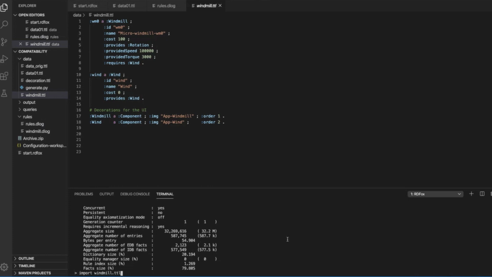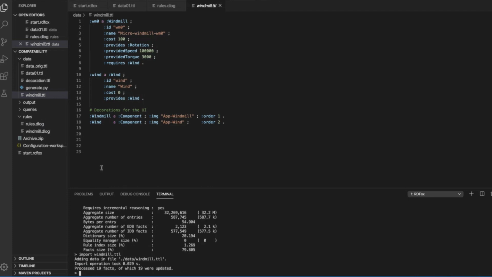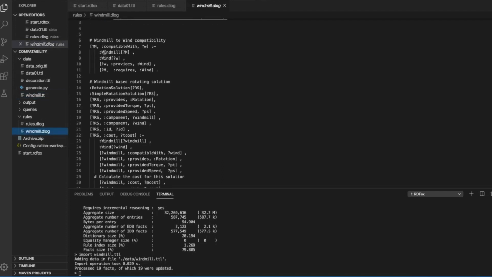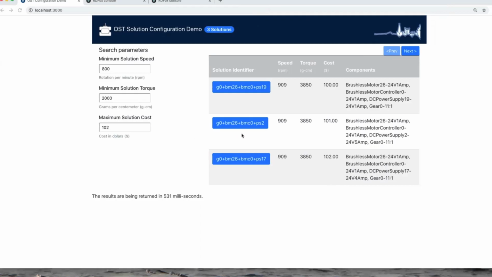We haven't yet established any compatibility rules for windmill, so let's write those. We're essentially saying a windmill is compatible with wind, and a windmill is a form of rotating solution and can participate in the rest. So I've imported the data. Let me now import our rules, windmill.dlog. And now if we go through our system,